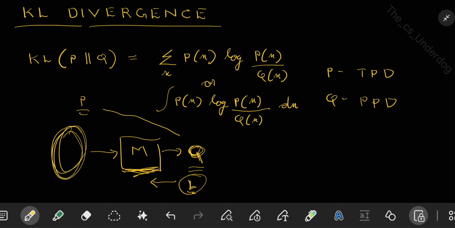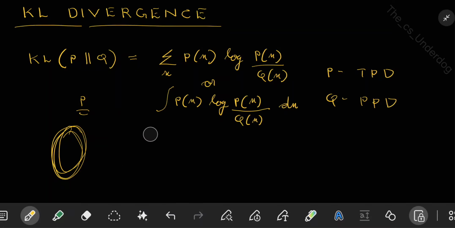In the remaining part of this lecture, we are going to discuss how this loss function comes about. What is the logic behind this loss function? So let us get into those discussions. First thing,